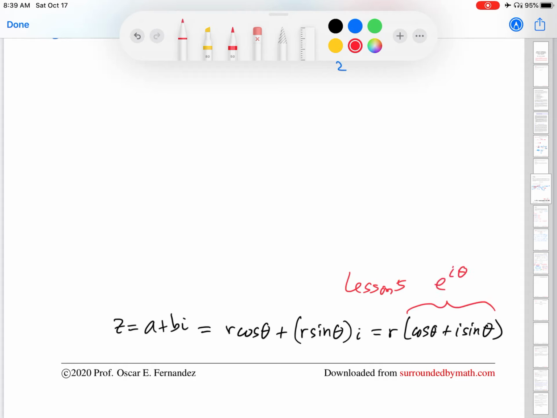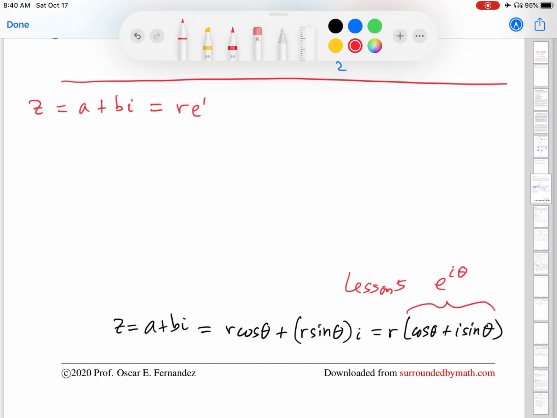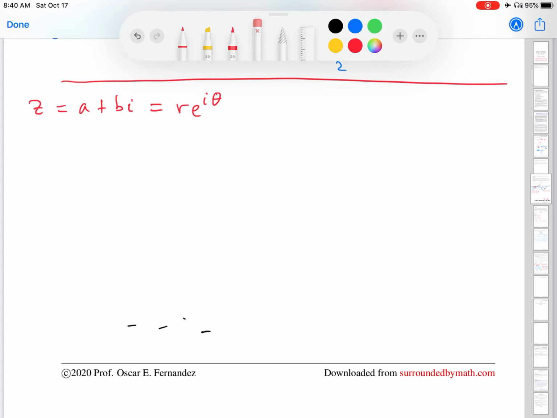This is Euler's formula. So what we have just shown is that if I start off with a complex number written out in the usual form that we introduced in lesson 5, I can write it in a different form, which has the form R e to the i theta. And, again, this is, as we just derived, a reflection of the fact that we can transform in the plane the point,